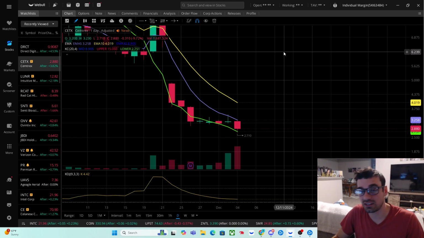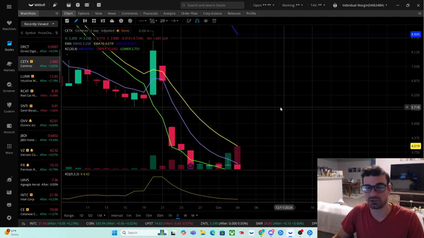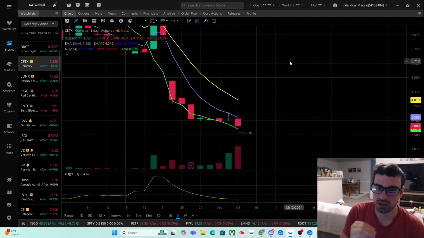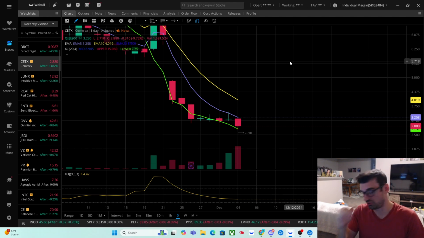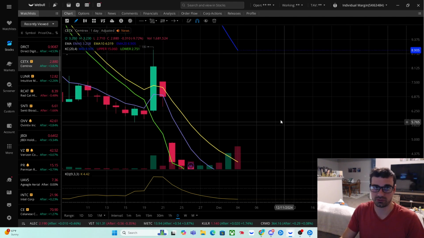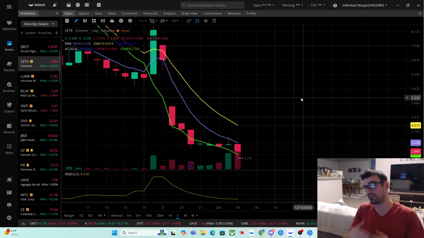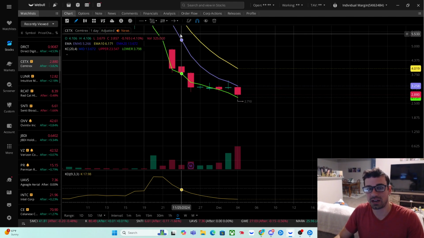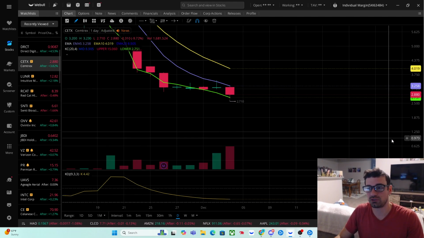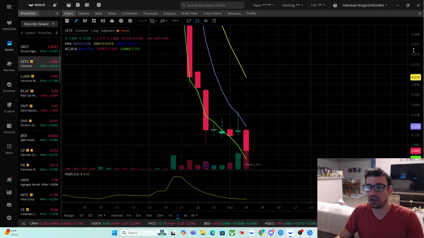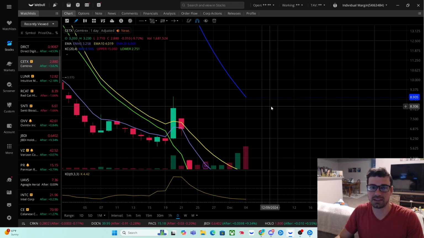So CETX has done exactly what I thought it was going to do. I said in the last video, we are going to target the EMA 5. The EMA 5 is usually going to be a rejection point, especially when you just hit this EMA 5 here, you have a big gap down. Usually what happens is you touch the EMA 5, you get a rejection, come to the new low, and what I was looking for is this ATR 4 bounce, right? Right in here is where your next area would be, and then you could target the 10, and then I believe,